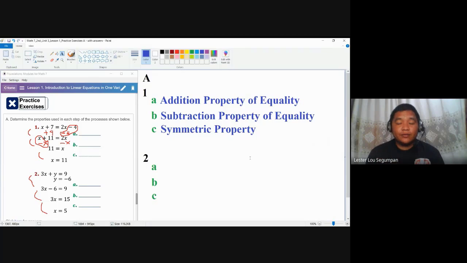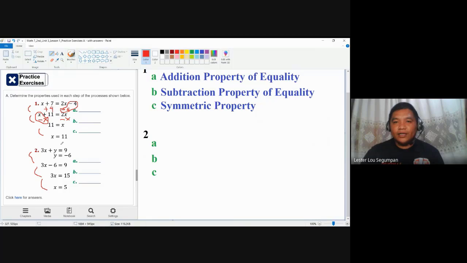So this three may be applied in solving linear inequations in one variable for the next practice exercises. Number two is also unique. In number two, even if we are just saying linear equation in one variable, we have noticed here that the first given is already in two variables. Not to worry, the system of linear equations in two variables will be covered later on as you move to your grade 8 or in Mathematics 8.